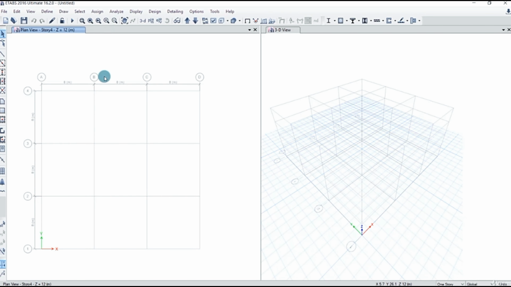After that you got two windows, one is the plan view, another is the 3D view. These two views are of the same object. Whatever you draw over here will be reflected in this window as well. You are seeing the same object in different views by side windows. Okay, now if you